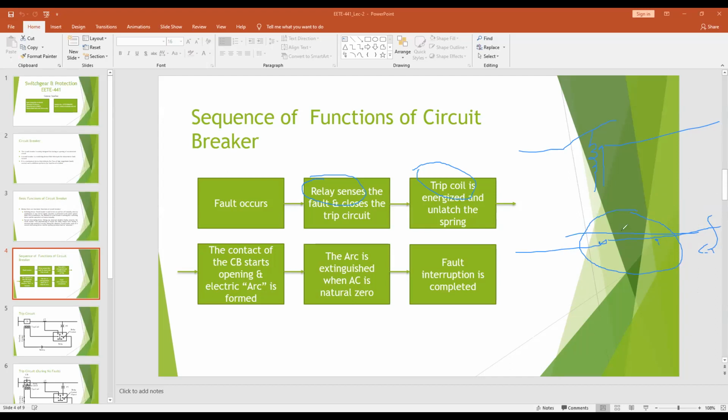That means whenever the spring pushes the circuit breaker to open it up, the magnetic field will act as a barrier. The magnetic field will not let that happen easily. That means it is not so easy to open up the circuit breaker while the fault current continues to flow.